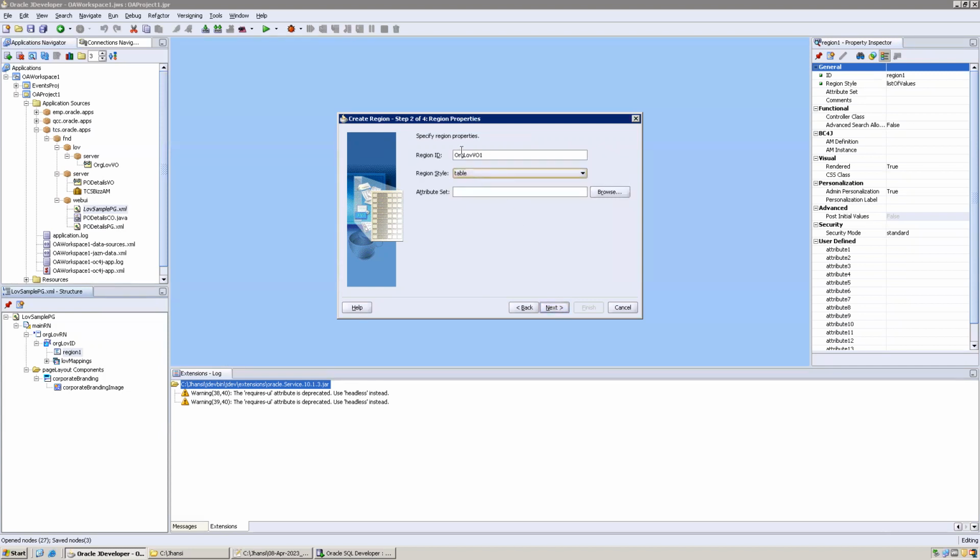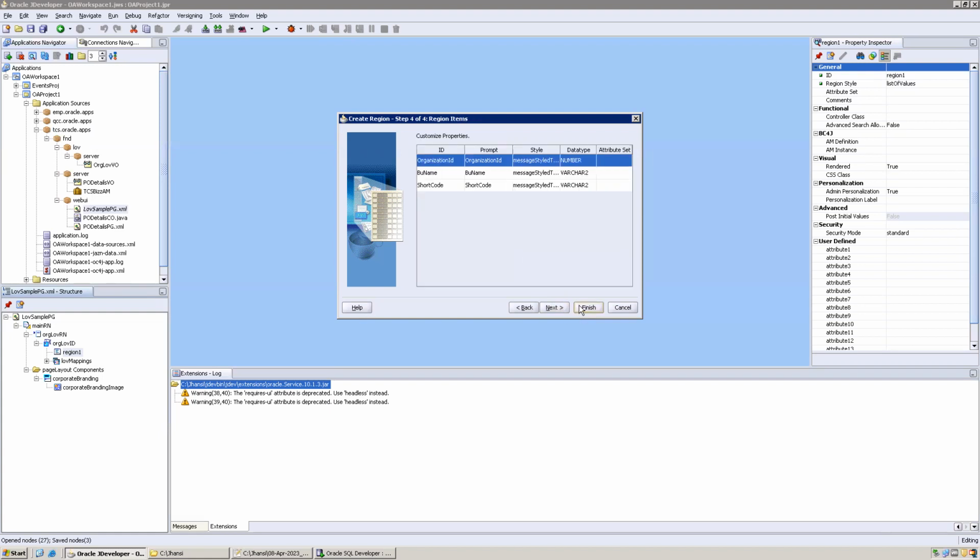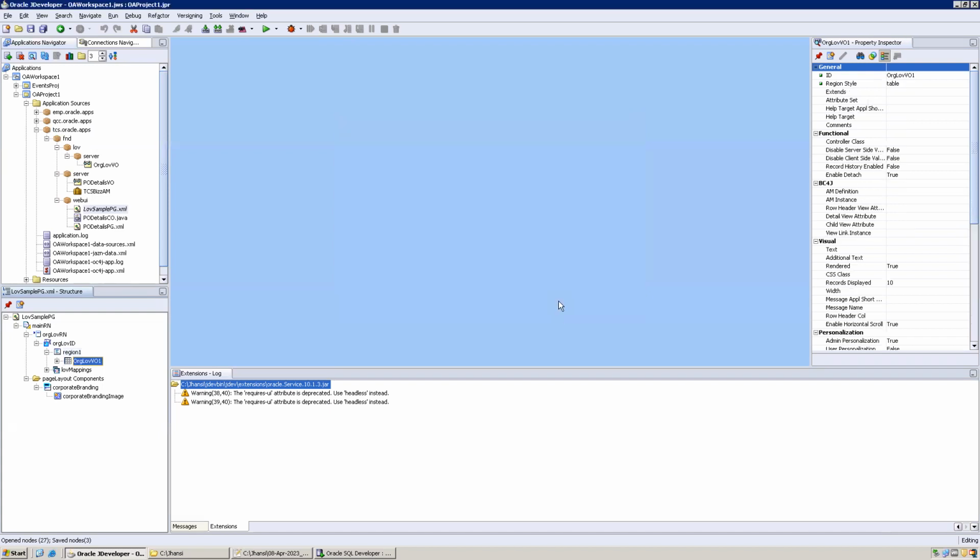Don't change any style here. Don't change any region ID as of now. Click on next. Select whichever columns you want to display in the output. I want to display 3 columns. Click on next. Here by default, the style is message style text. Don't change this also. Go with the default and finish. Now this is our pop-up wizard. And now we should do a linkage between this particular pop-up region as well as our